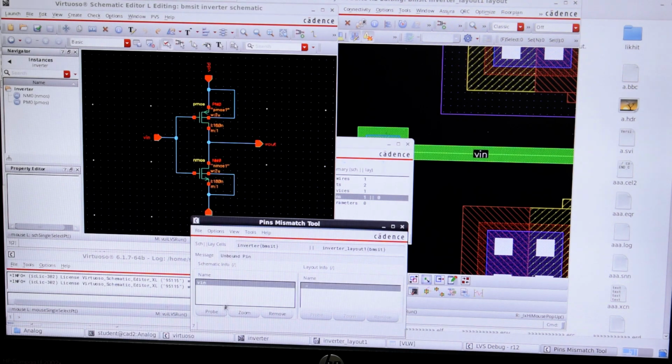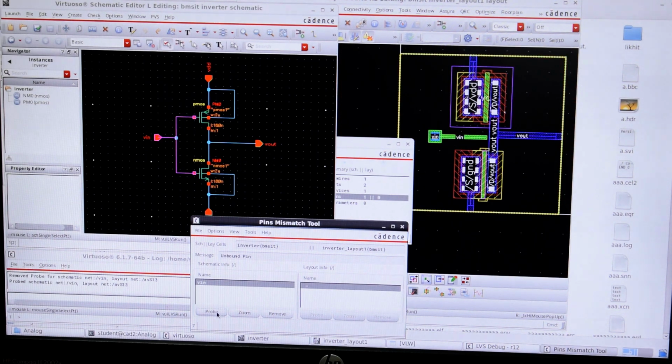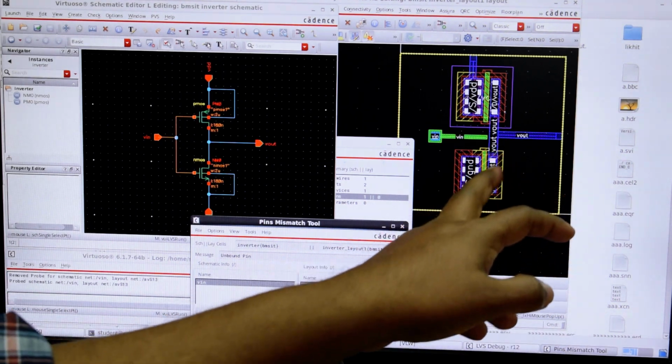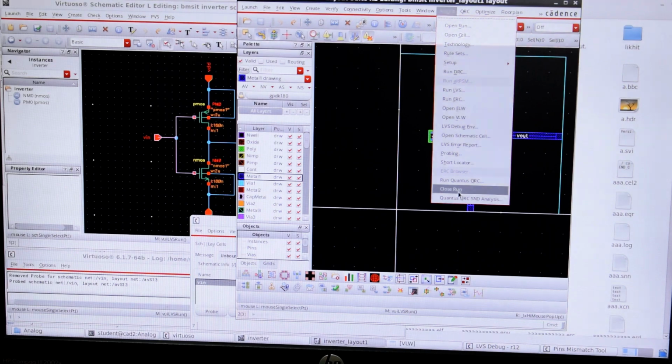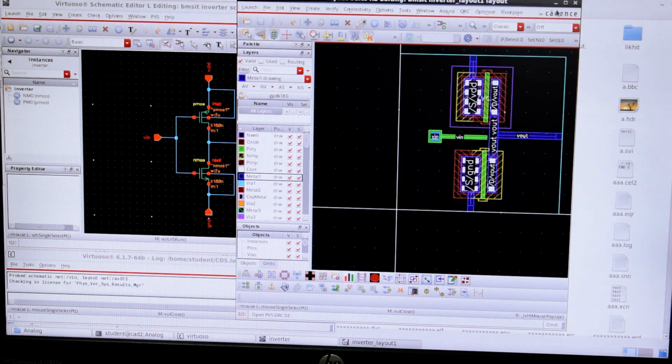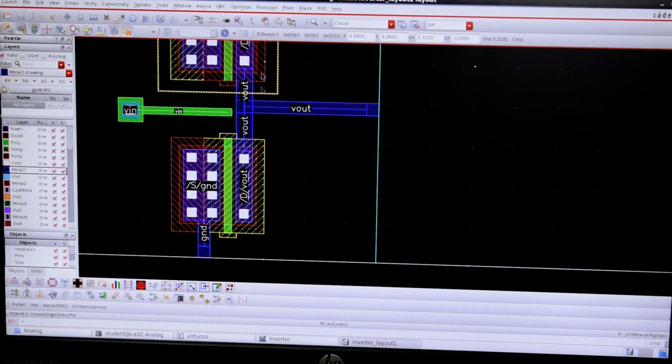So here you see, this green is coming. Just probe it. You can see here some problem is coming. Right? Just probe it. You see here also you can see the color. There is a change in the color in layout as well as in schematic. That means you will understand some problem is there. From there you need to understand. Then again close this Ashura, close the run. Then you connect as per the requirement.